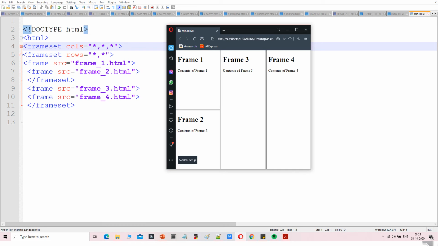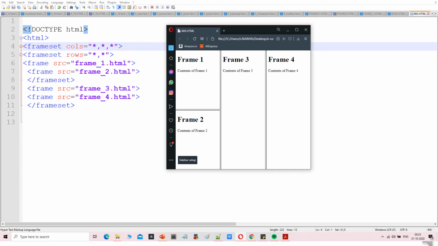So in this coding, we are using a frameset inside a frameset, meaning we create a frameset and then nest a child frameset within the parent frameset.